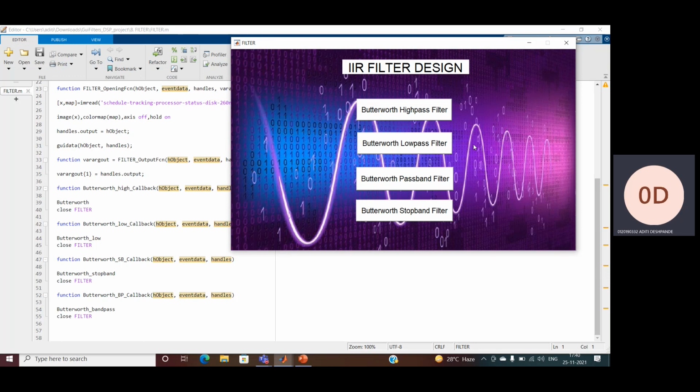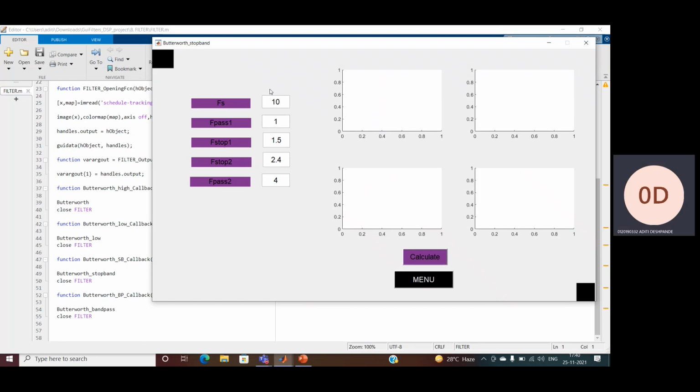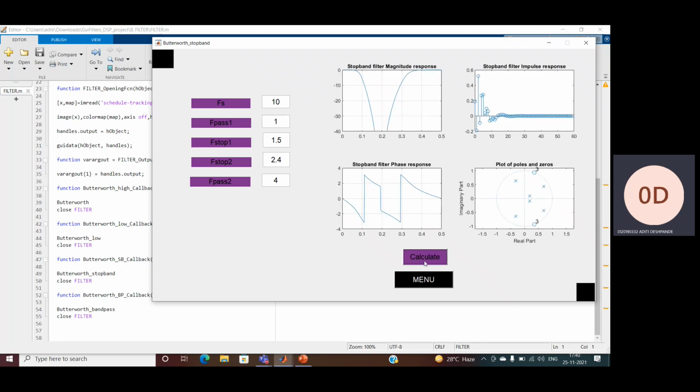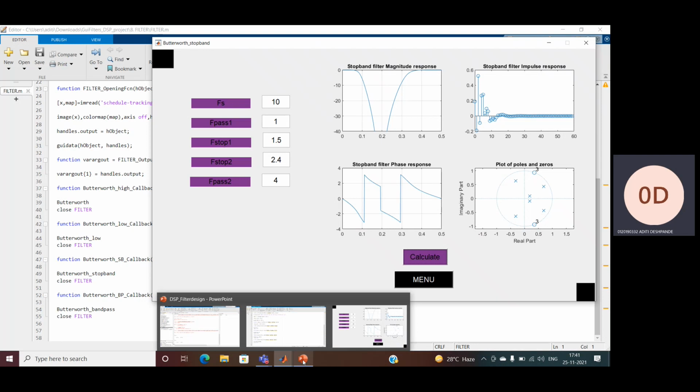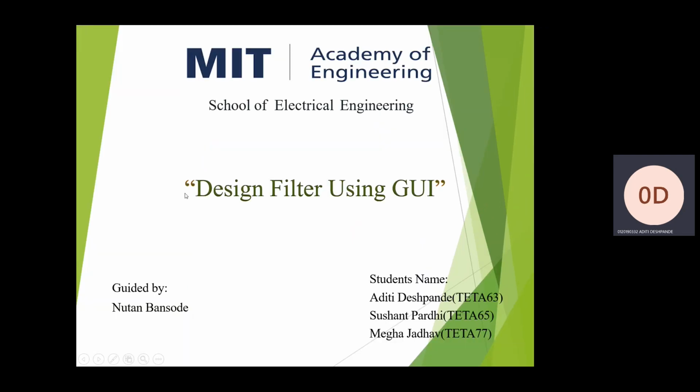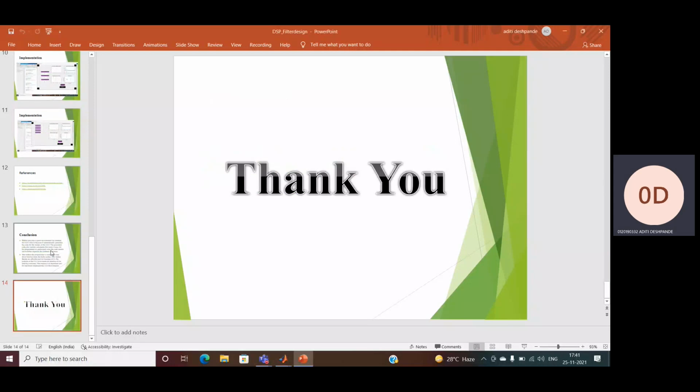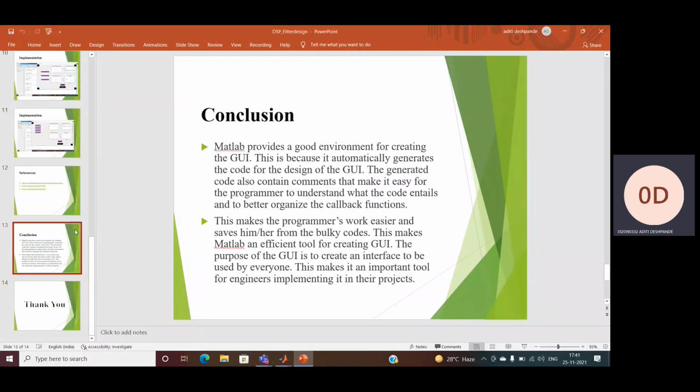I will show you one more filter. We will select the Butterworth stop band filter. You can also change these frequencies, but I have not changed them in this program. If I press this calculate button, then you can see that the program will provide all the responses for the Butterworth stop band filter. So this was our project. These are some references, and the conclusion